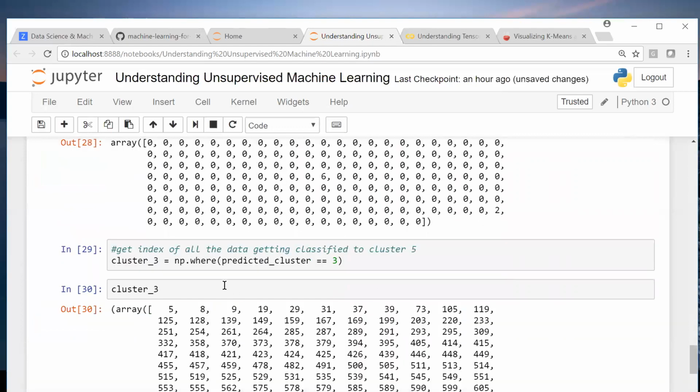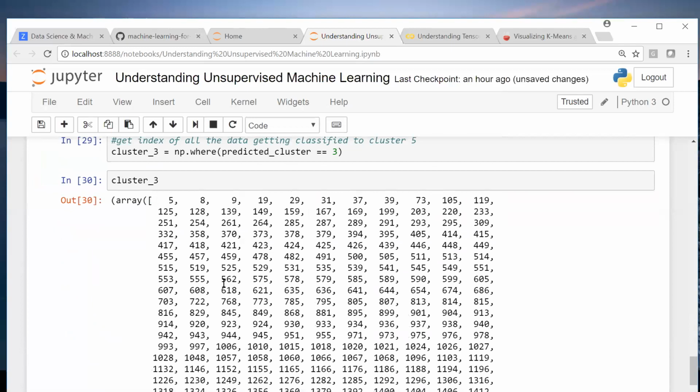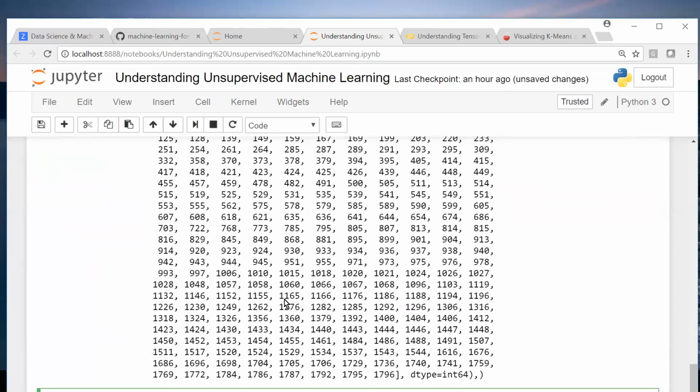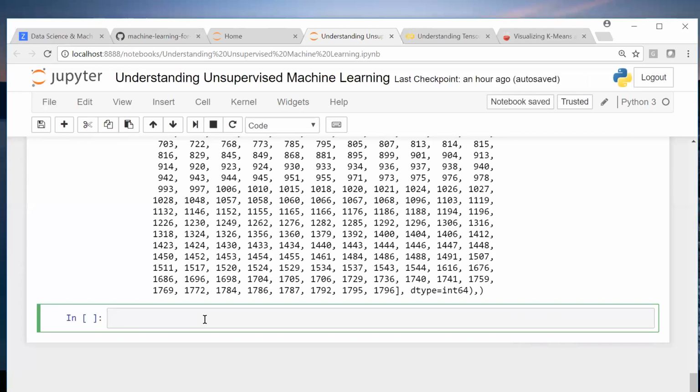Okay. Now I want to see actual contents of this. What is the label information in this cluster 3, right? So what will I do? Digits dot target, and pass here.